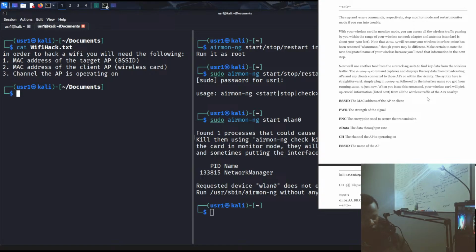PWR is the power, the strength of the signal, ENC the encryption, #Data the data throughput rate, CH the channel the AP is operating on, ESSID. Shoot, I want to buy a